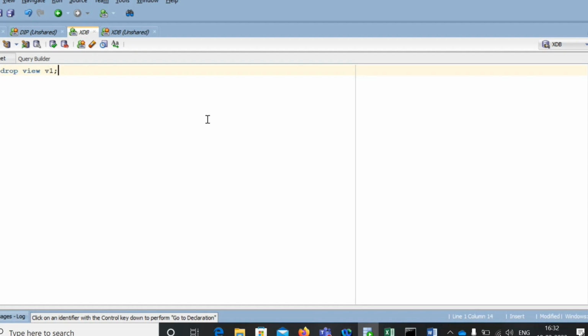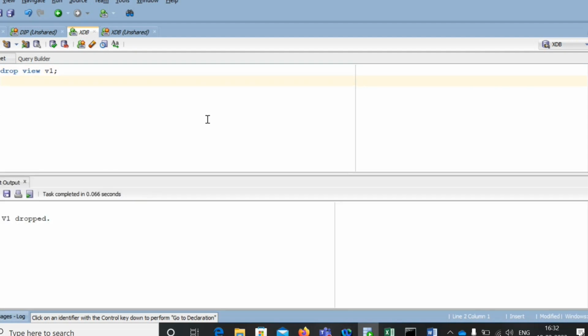View v1, materialized view mv1. We have these views. Now I'm creating the view. To create view v1, or we can say simple view: